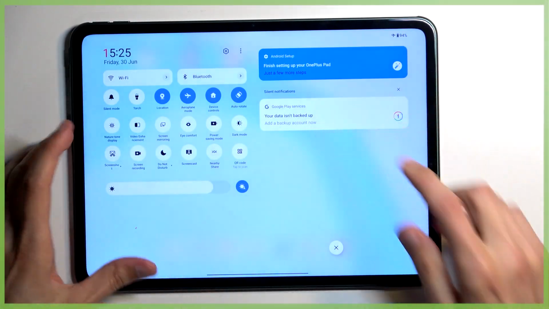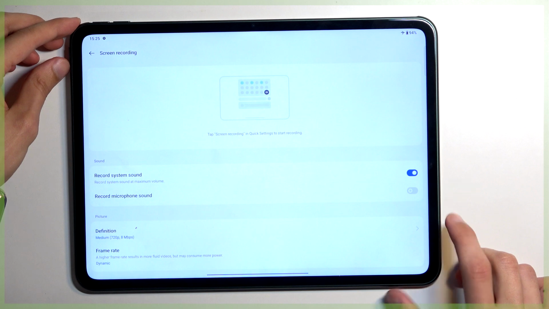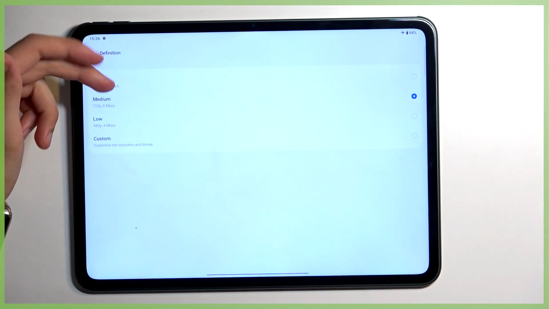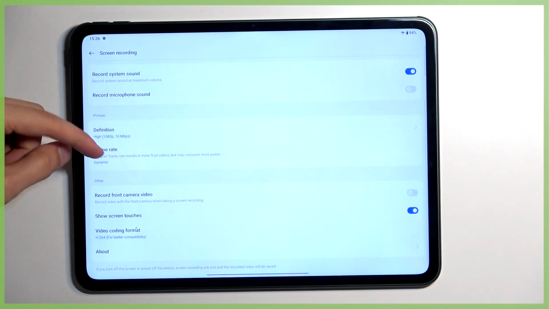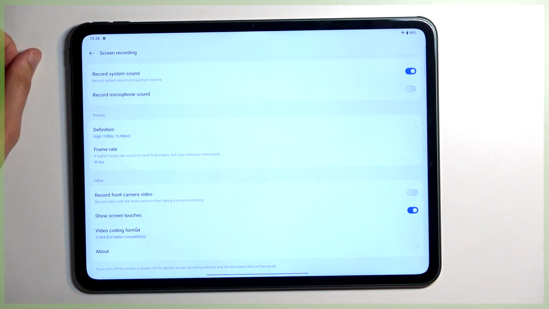So let's find this toggle once again, hold it, and this will take you to the settings. And as you can see, there we go, we have definition set to medium. I highly recommend changing it to high, and frame rate we can change to, I guess 30 will be the highest anyway,